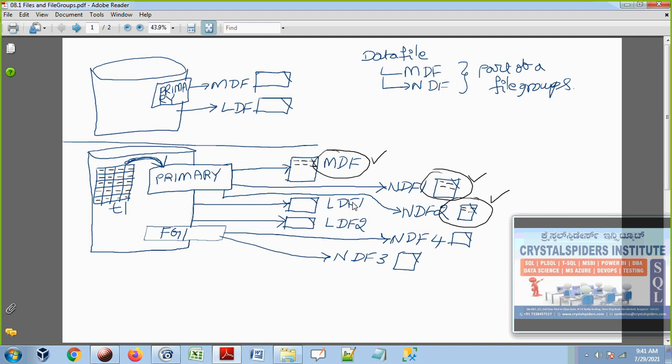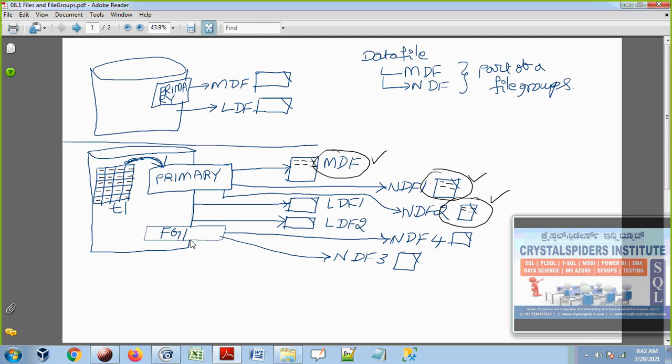You see that here in this diagram we have two transaction log files. We treat these two just like normal transaction log files. And for the data files, there should be only one MDF, only one master data file in a database, and we can have one or more secondary data files. Whatever data files we have, we add them on file groups only. On the primary file group, we added these three data files. And there are another two data files, MDF4 and NDF3, added on the FG1 file group.